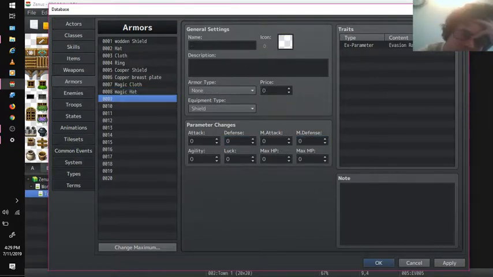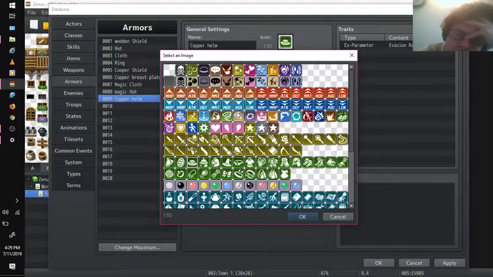Then we're going to paste it again, but this time we'll do about 15 defense, and we'll do copper helm. And we're going to change the copper helm to an actual, decent